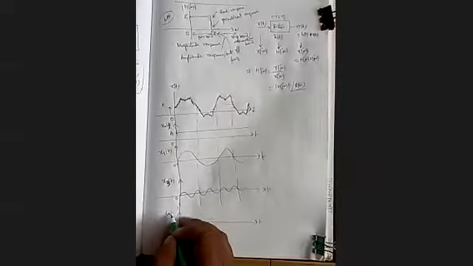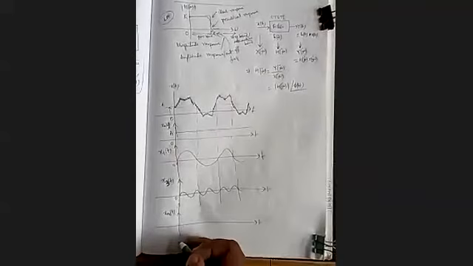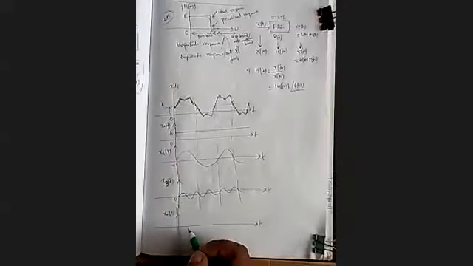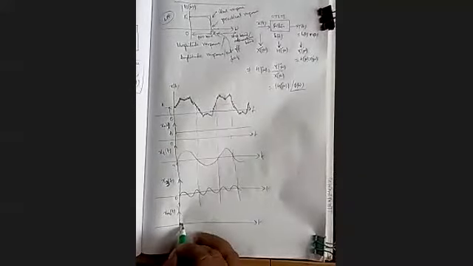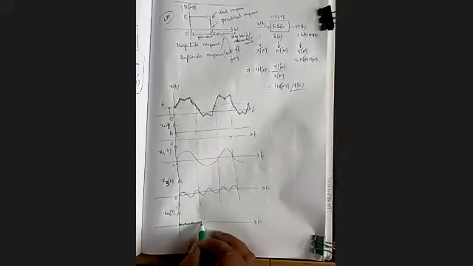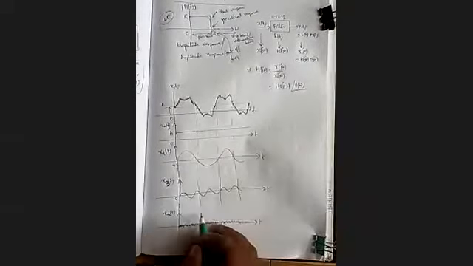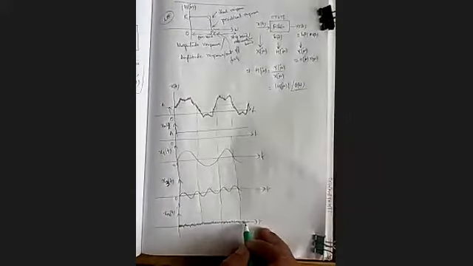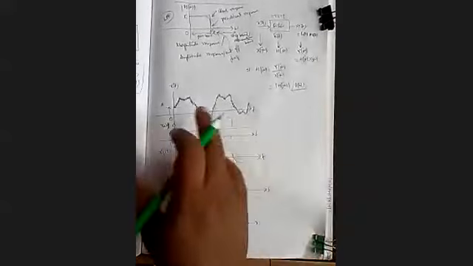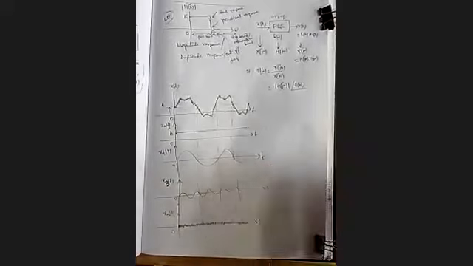I am writing it xn(t). n means a noise signal, not the nth harmonic. No, n does not mean the order of the harmonic. Here n means noise. So the noise is something like this. So that is our noise frequency. Now, if we allow this signal to pass through the filter, we will see that for this filter,